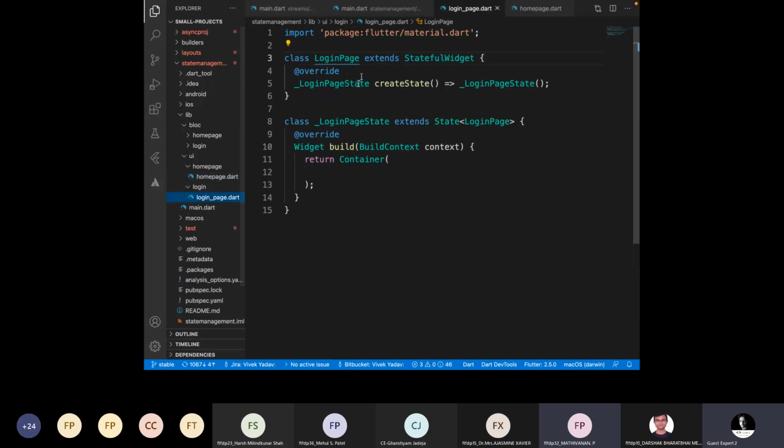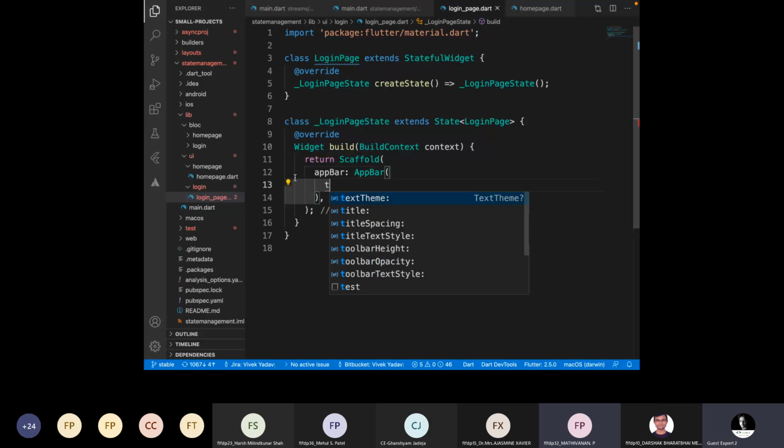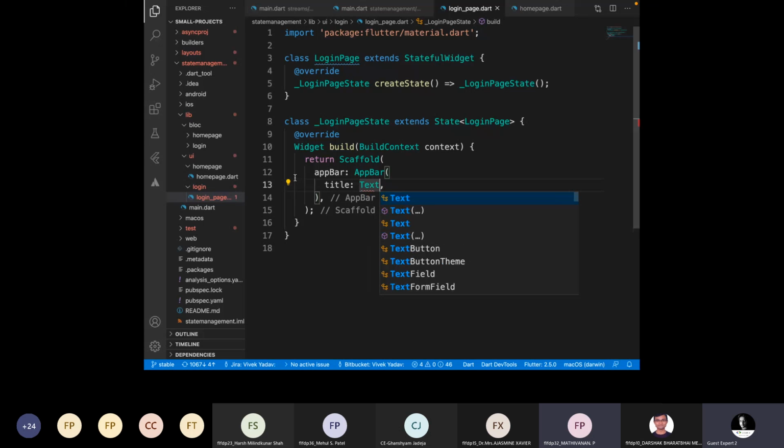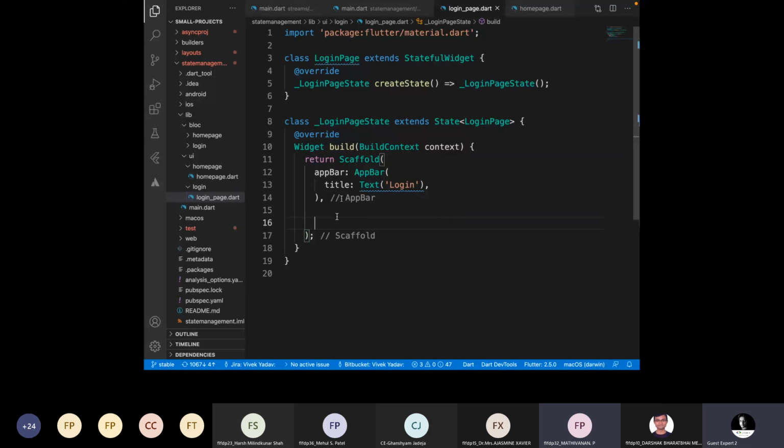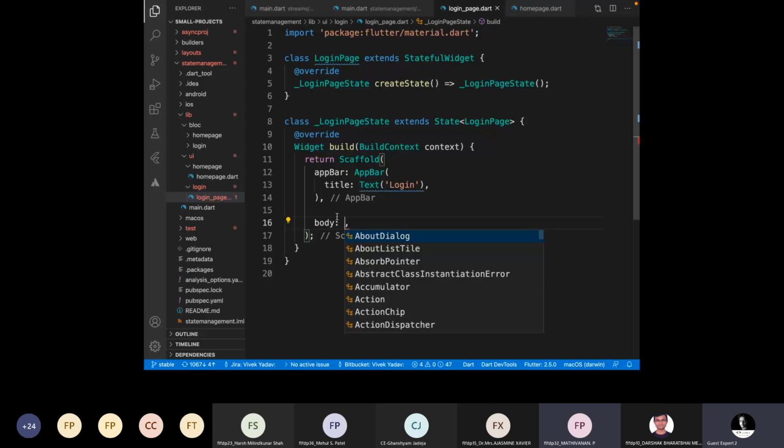So let's close the home page and let's work on our login page. In the login page, we will have a scaffold, and here we will have an app bar. App bar and the title will be text login. I guess text is supported. Yep. Login. And then we will have something in the body. So in the body, we will have a column, right? We all are familiar with